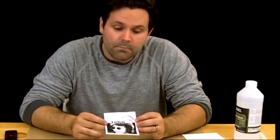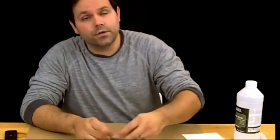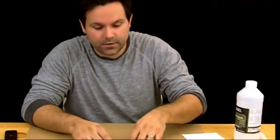A couple things about the image. First, you're going to need to use either a laser printout or a photocopy. Most home printers are inkjet or bubble jet, so you're going to need to take your image to a photocopy store if you have an inkjet printer to make a photocopy. So if you're working from a photograph or something that you found online or a digital image that you made, if you